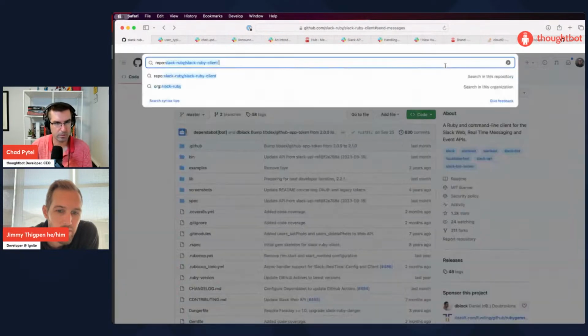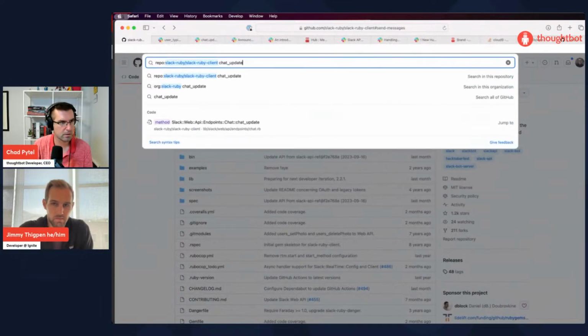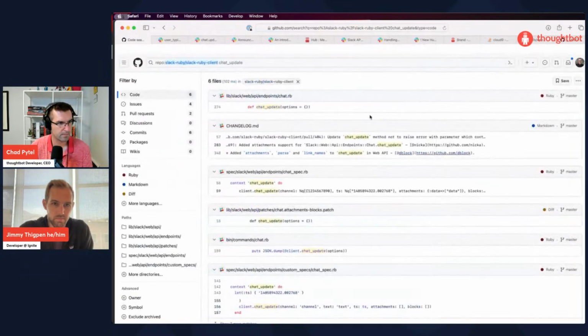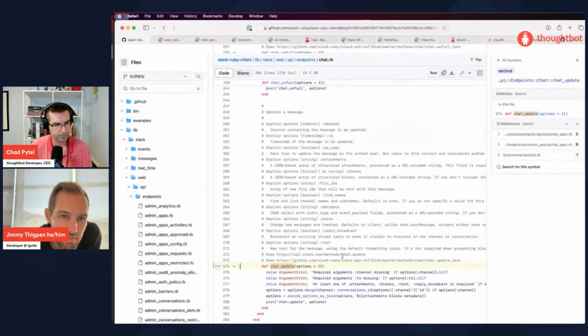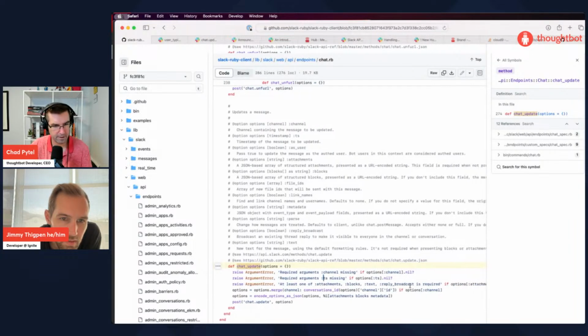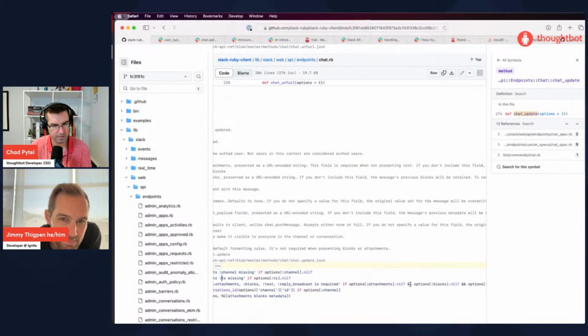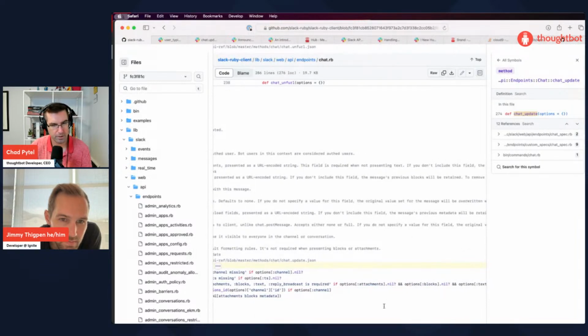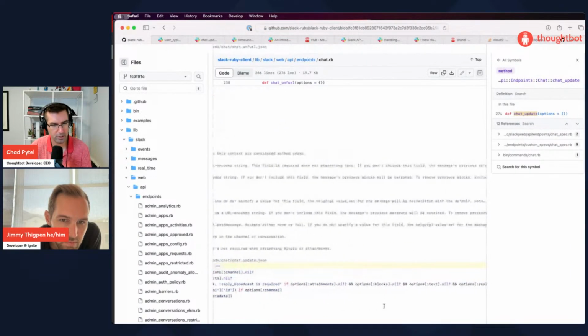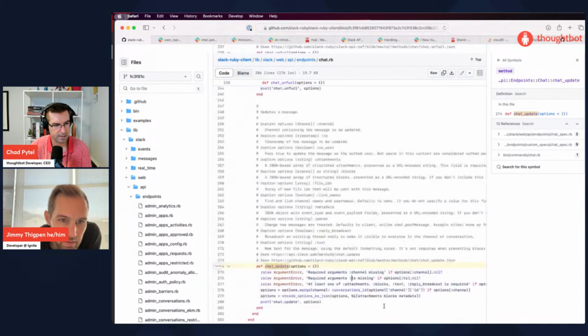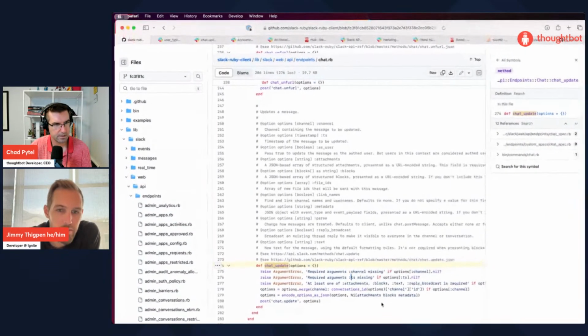I think if we do so at least one of, if options attachments is nil, throw that. So yeah, I think we actually want an empty array then, or we can try an empty array. Okay, that's so odd because the post message has a nil, but let's try an empty array.